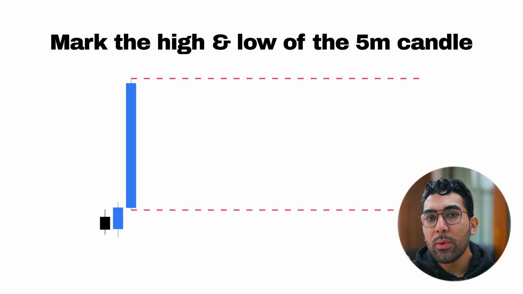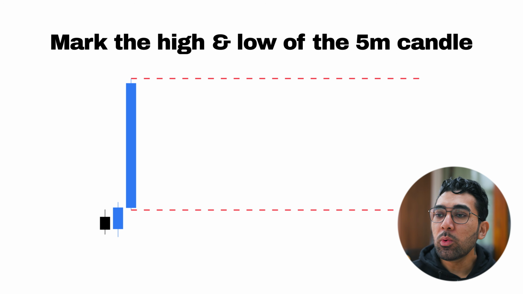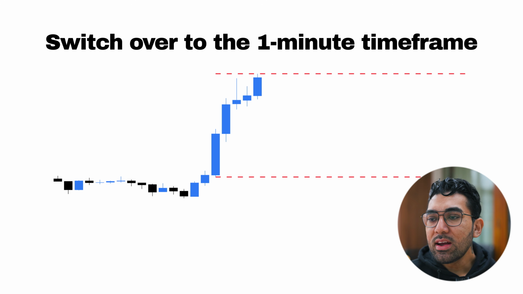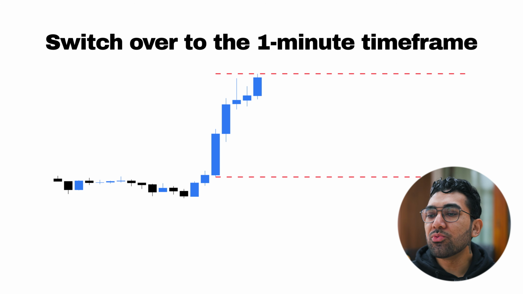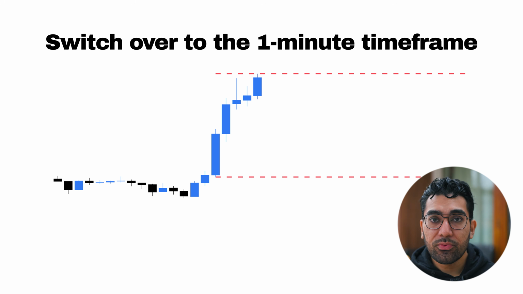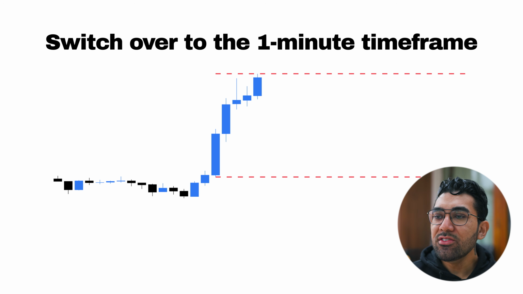I showed you before how we had a high and a low of a range. Right here, we've got a high and a low of a range as well, but we're just using the 5-minute candle to give us that range that we can work with. Next, we're going to move over to the 1-minute time frame. So we've already marked out that 5-minute high and low, right? When we go over to the 1-minute chart, we can see that we've got 5 minutes of price action, 5 candles there, which equates to one 5-minute candle. So now that we have our range and we can see that price is trading within that range on the 1-minute chart,